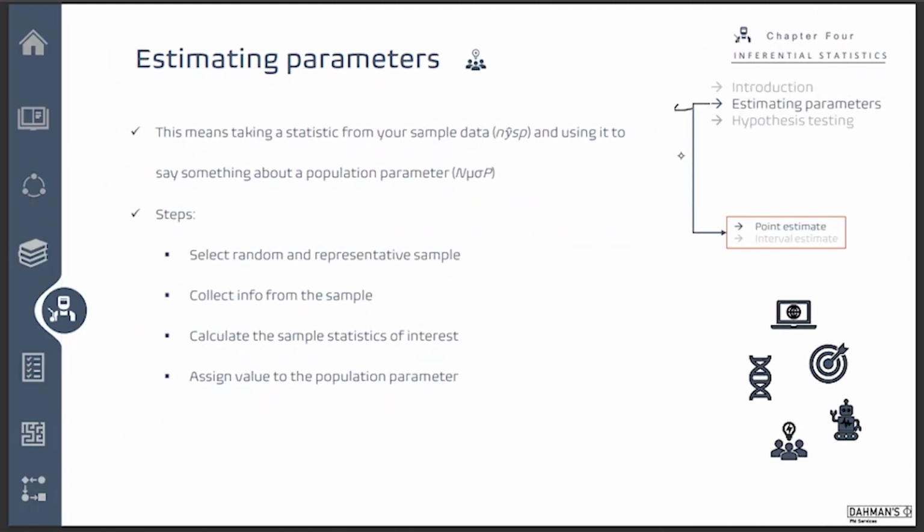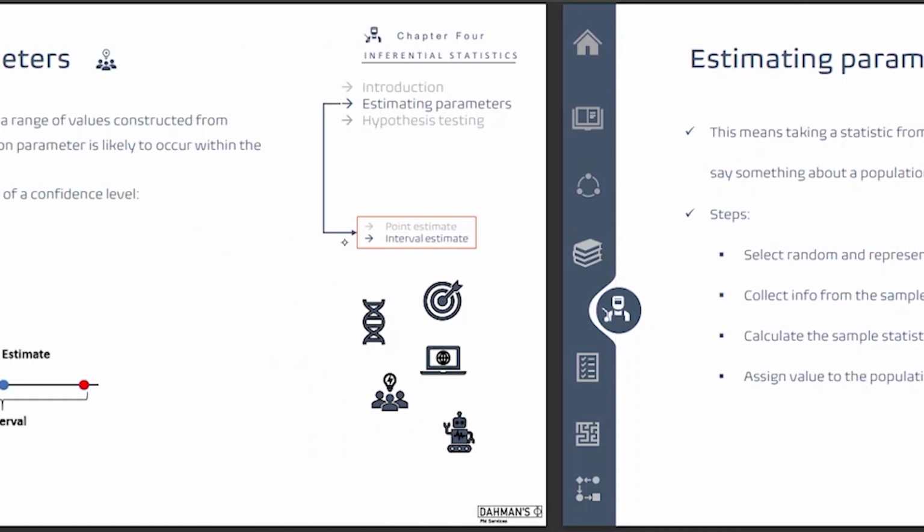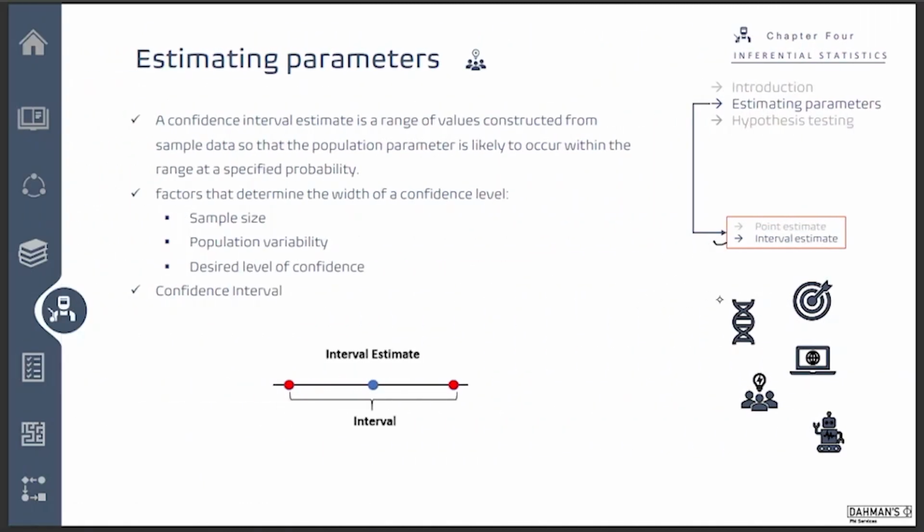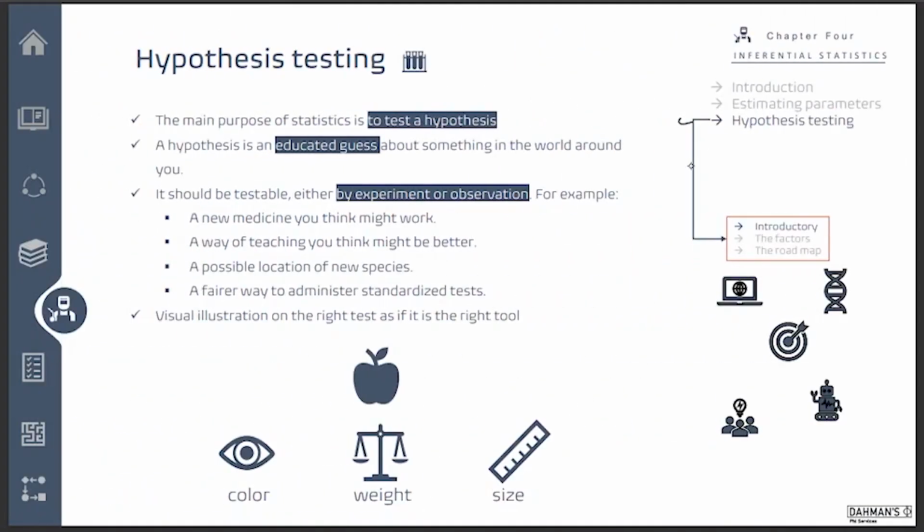Next, we'll be moving to estimating parameters. This is the first element of inferential. In estimating parameters, there are two important sublines. First, we'll be looking at the meaning of point estimate, and then we'll be looking at an interval estimate. Then we'll be moving to hypothesis testing. I think this is a very, very crucially important part of doing the final spot of doing analysis on your data,